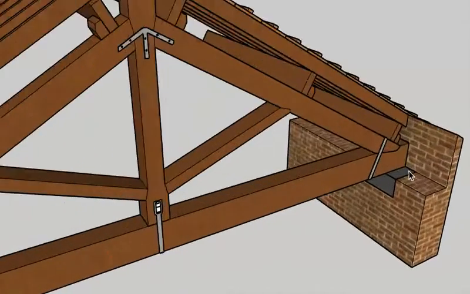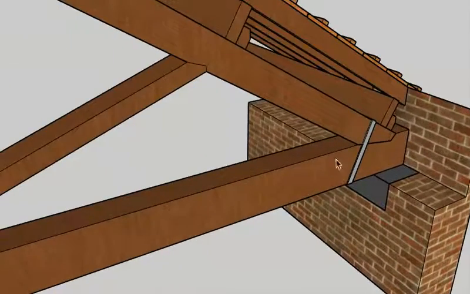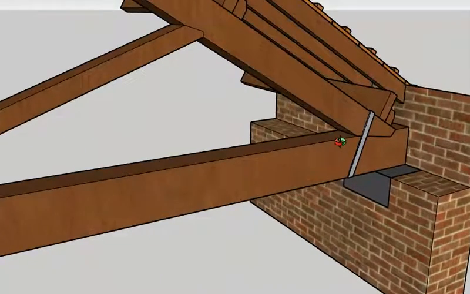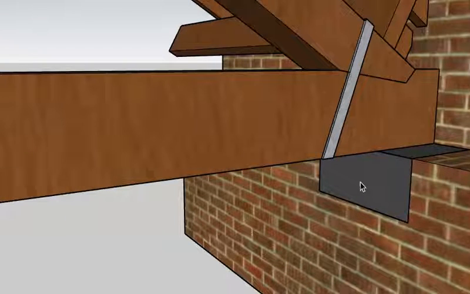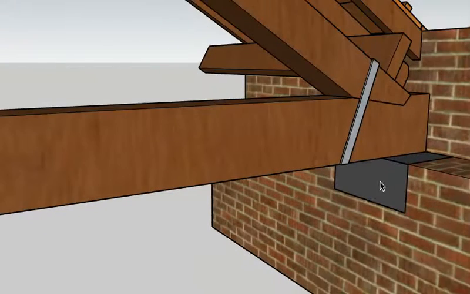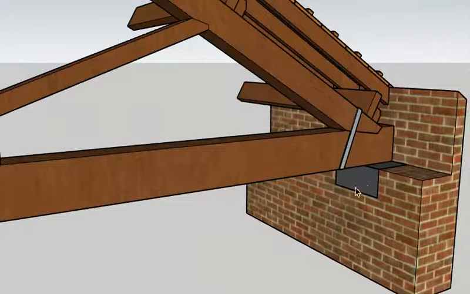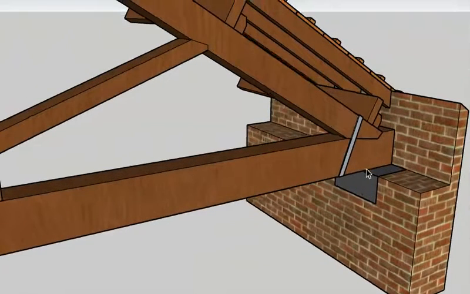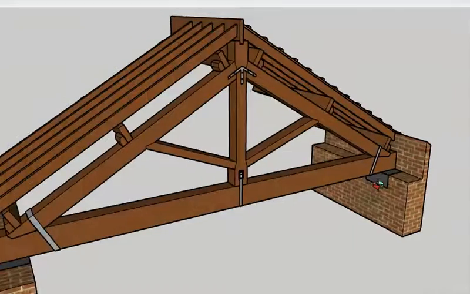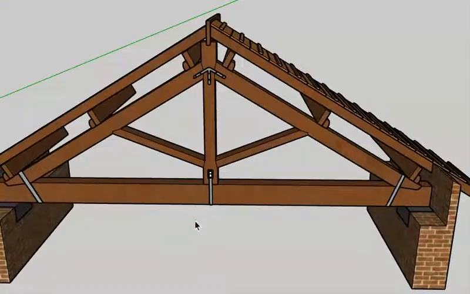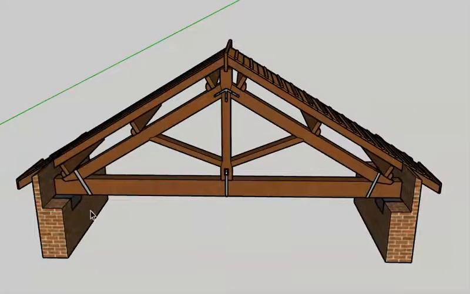So what you will see here is that wherever you have these king post trusses resting on the wall, there is going to be a concrete pad or stone pad provided. This concrete pad is provided so that the point load coming from the truss is distributed over a larger area so that the bricks below them do not get crushed. So that is the purpose of the stone pad or concrete pad. It can be made out of stone or concrete. So we'll see a similar type of pad on the other side here.